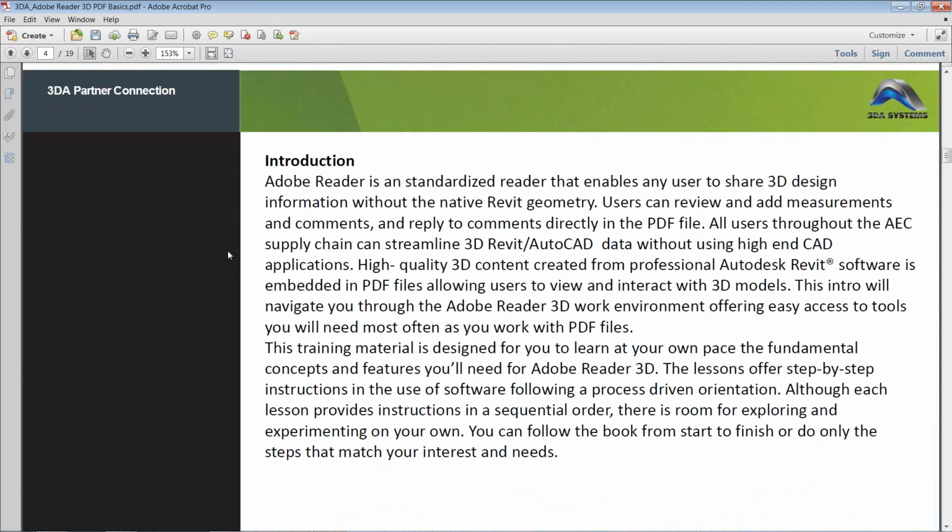So today we're just going to be doing a small introduction in regards to the Acrobat Reader. We've chosen Adobe Reader as the format to convert out from Revit just for the fact that it's a standardized reader. It works very well with sharing 3D design information. It works well within Revit, native Revit geometry. But further to that, to extending out to stakeholders, contractors, and sharing their information within Revit, we looked at the 3D PDF